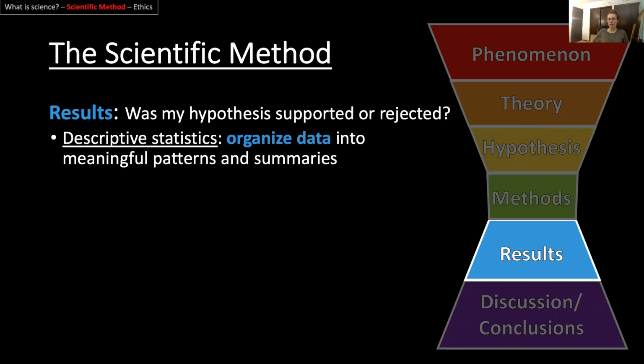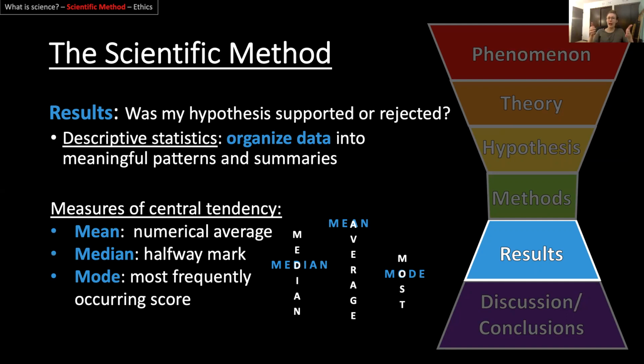So one thing we might do once we've collected all of our data from our sample and we have it in front of us and we're trying to look at it, might be to just describe what we've got. We organize the data in some sort of meaningful way. So ways that can happen are what we call measures of central tendency. So these are 3 different things that perhaps you've heard of before that help give you kind of a general concept of where the center of that data is in a way.